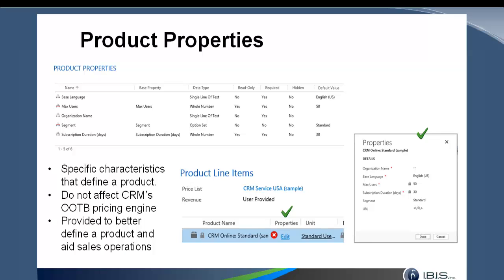And in that, you can fill those properties. So if we're selling a CRM Online instance, a standard license, you could fill out what organization name your client would get. Now, these properties do not affect the out-of-the-box pricing engine in CRM. That is to say, if we chose an organization name with